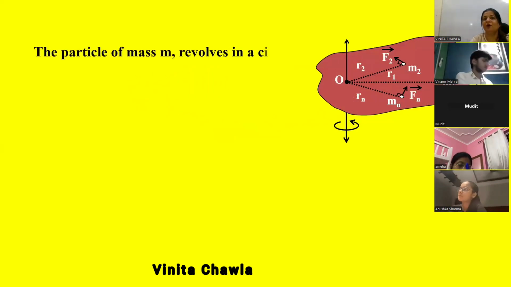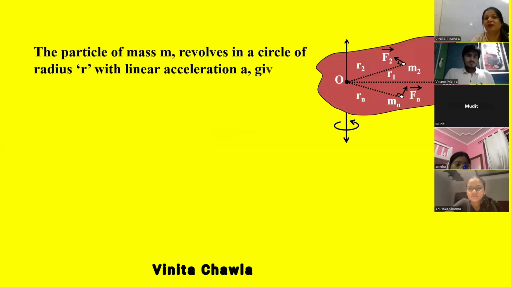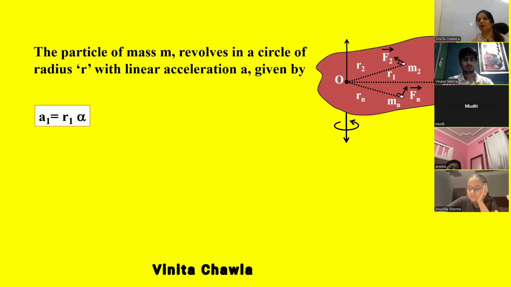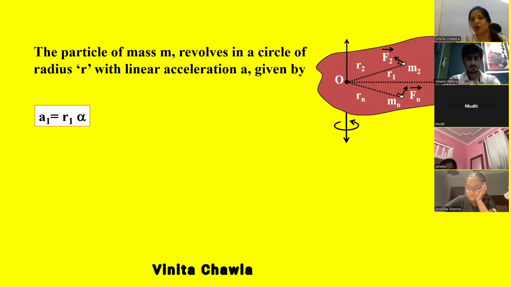Now, the particle of mass m revolves in a circle of radius r with linear acceleration a, given by this. ठीक है? क्योंकि force act हो रहा है, all the particles are moving ना. जब rotate करेंगे इसको हम, ठीक है, किसी भी object को जब आप rotate करोगे, उसके किसी axis के about, जितने भी particles होते हैं उस object पे, they rotate with some velocity. Angular velocity is same, but linear velocity different हो सकती है. ठीक है? जैसे suppose